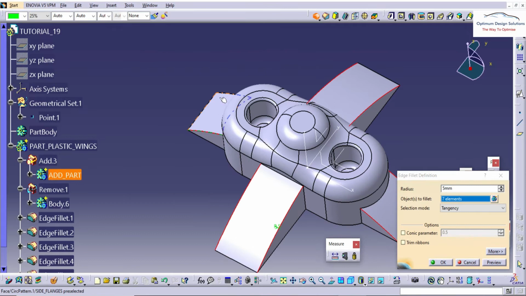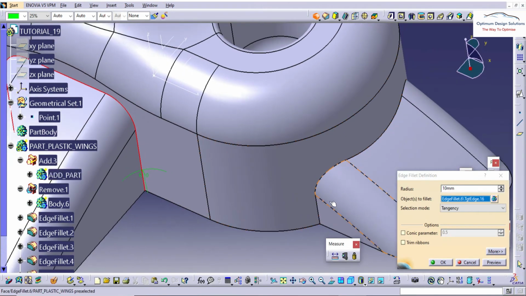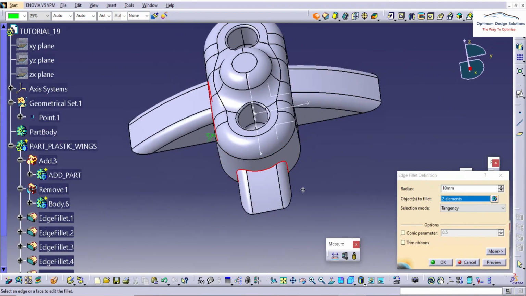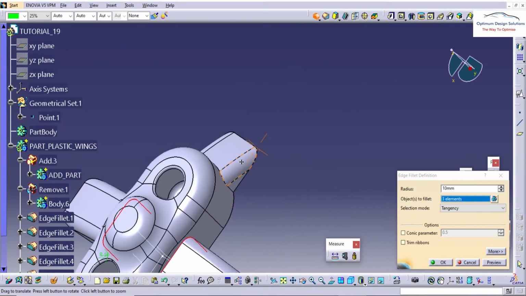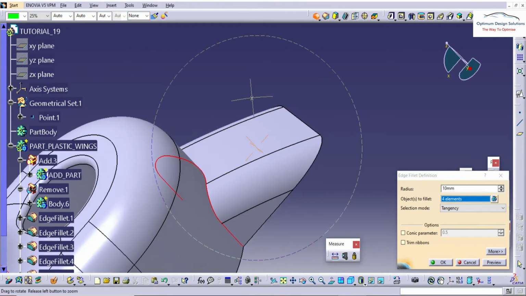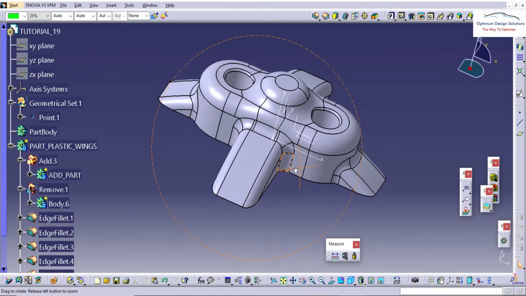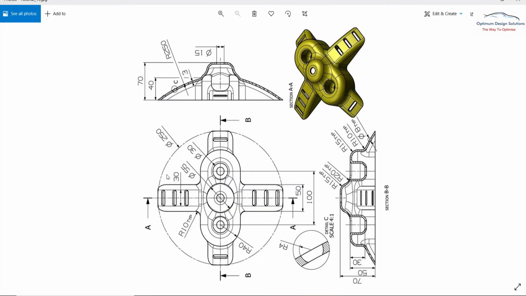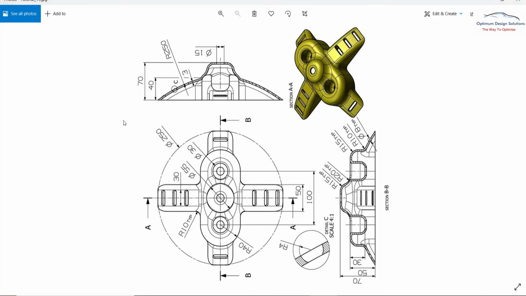So here the 10 mm all side, TYP, it means typical radius 10 mm. So it is very important how you are going to select the edges. If you're not selecting the proper way, then you may face some issues while giving the radiuses here. So here you can see that we're just near to the pre-finish of our design.